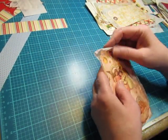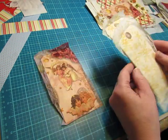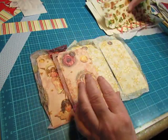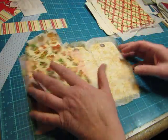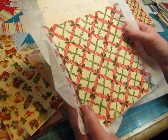And I did some tags. Obviously I'm going to have to trim the napkins off the edges. These are some long tags, repair tags. And then these are really fun. These are a vertical folder,